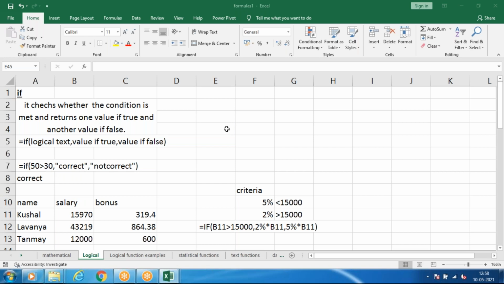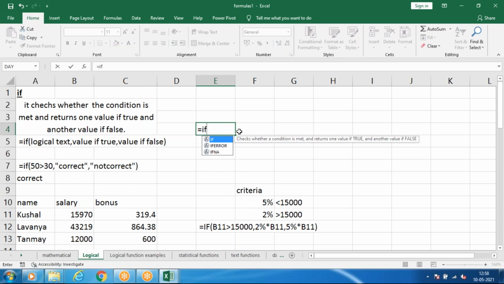I'll show here: equals IF, select the formula. It will ask you to type the logical test. For example, I'll give 45 is greater than 50. Then a comma.